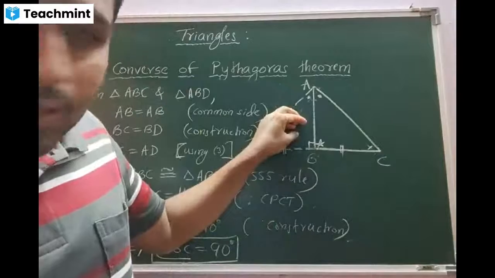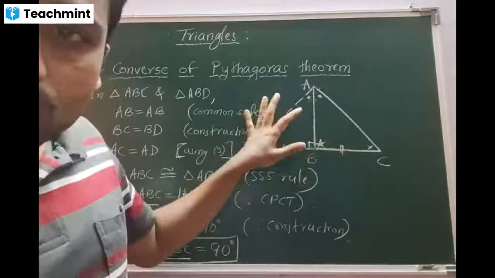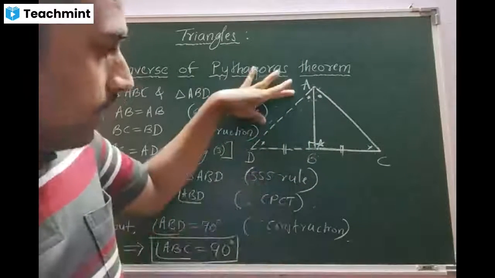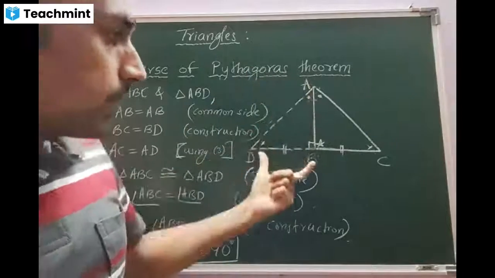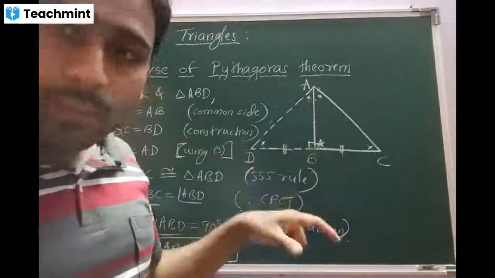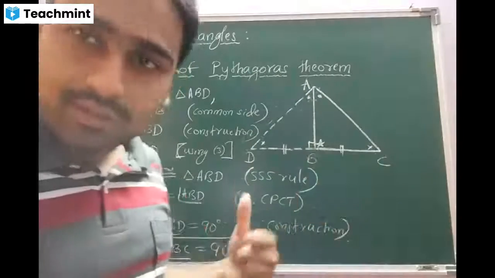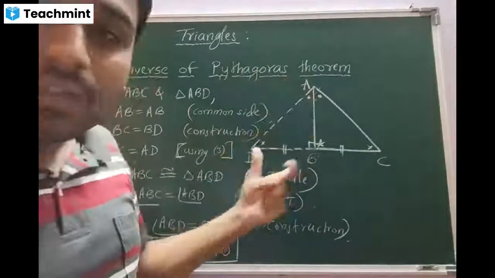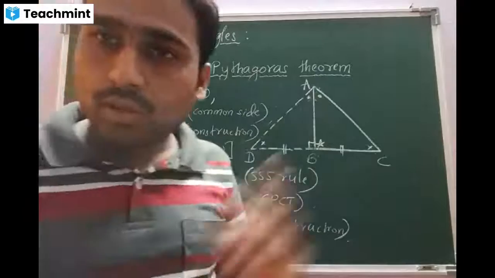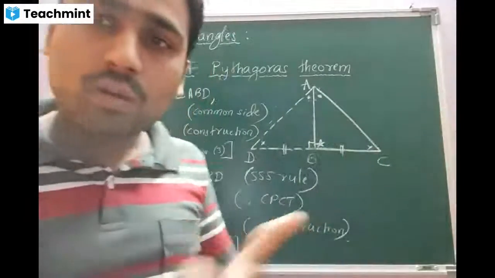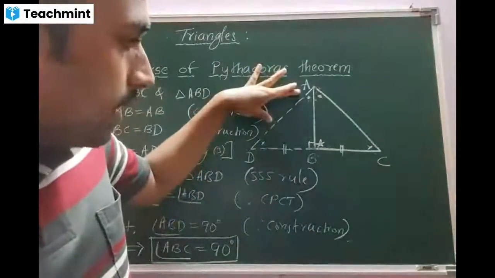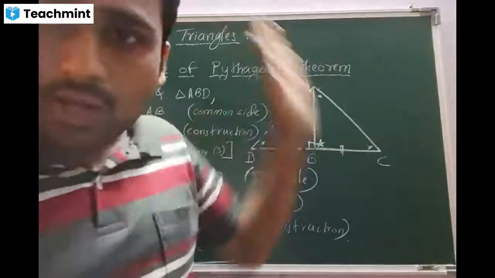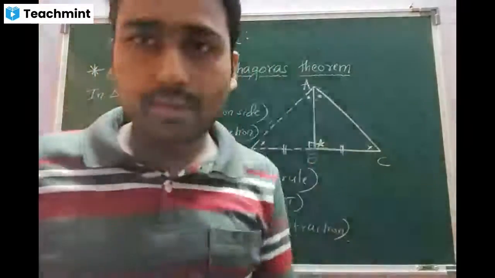Then I went to this triangle, beta. Since it is a right angle triangle, according to construction, I applied the Pythagoras theorem. AD square is equal to AB square plus BD square. Now BD can be replaced with BC due to construction. Then I have written AD square is equal to AB square plus BC square. Equation 2. I compared both the equations. I got the result: AD is same as AC. I called it equation number 3. Correct, beta?